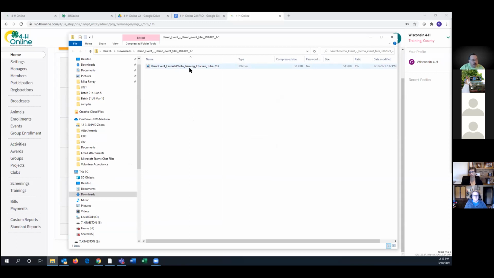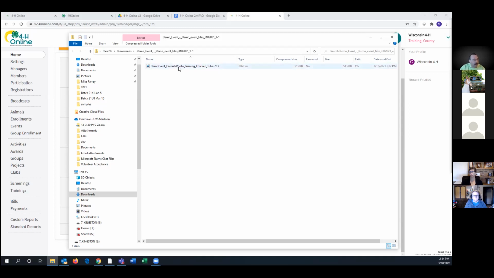The county is training. Now I don't know, I think that is the county of the member. And then it has their last name and their first name. And then 753, I'm going to guess, is the registration number, as in the next person to register would be 754.